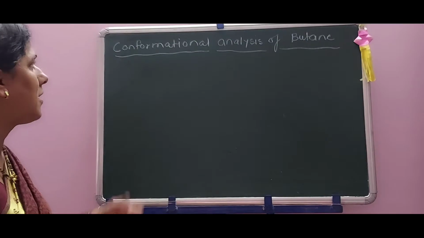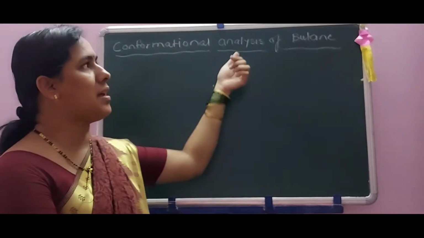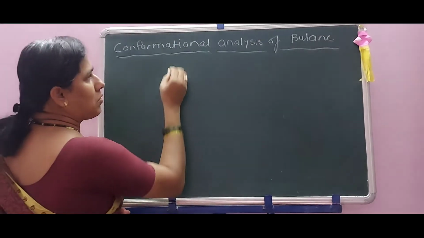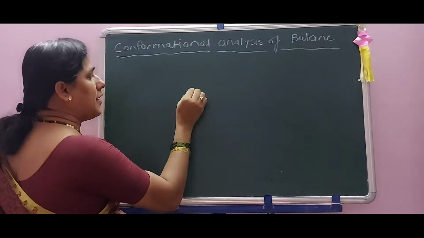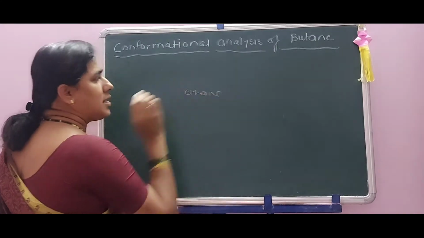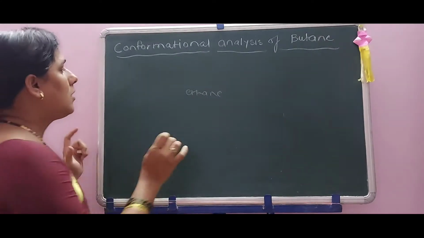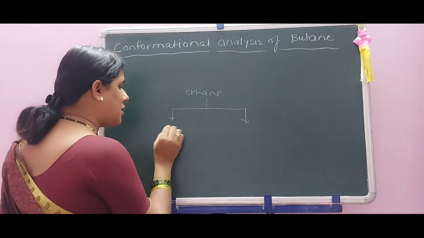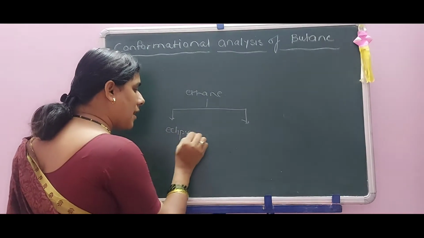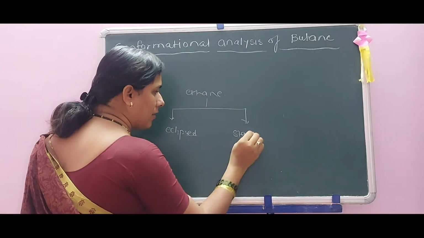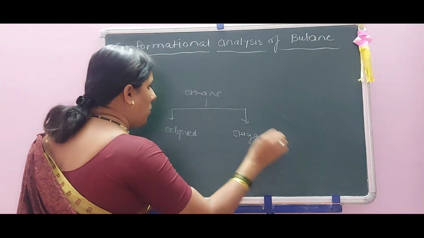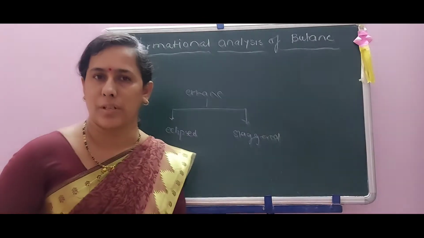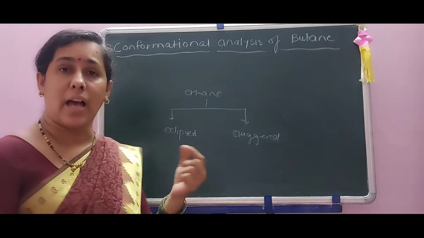Today we are going to start a new topic, that is conformational analysis of butane. In the last lecture we studied conformational analysis of ethane. In ethane we studied the two conformers: first is eclipsed and second is staggered. According to this conformational analysis of ethane, we come to the conclusion that the conformers having